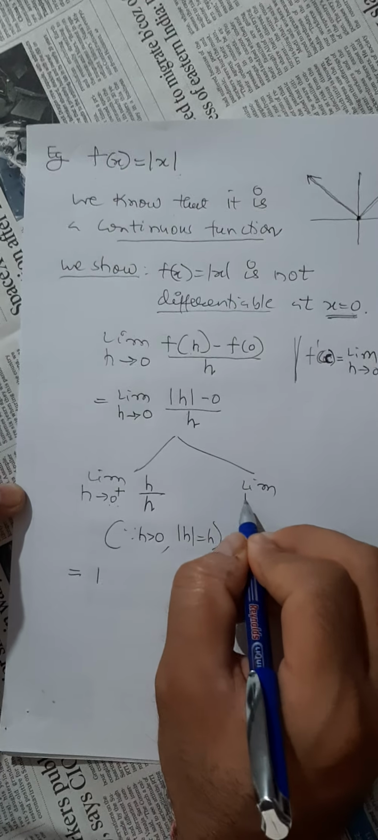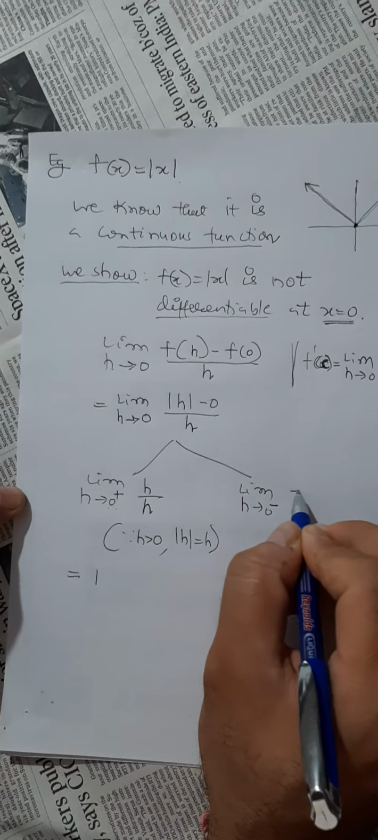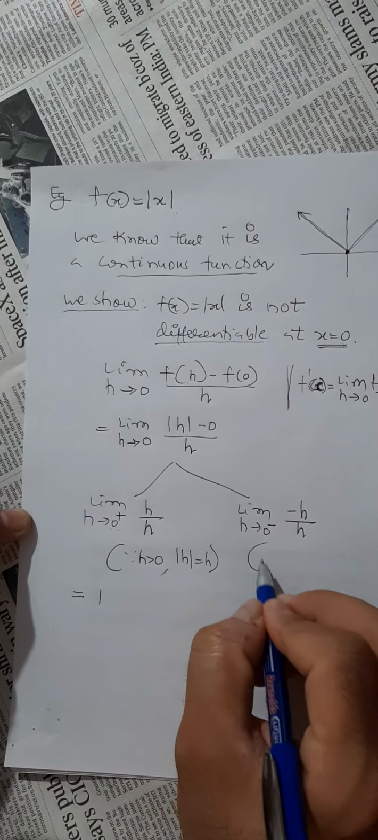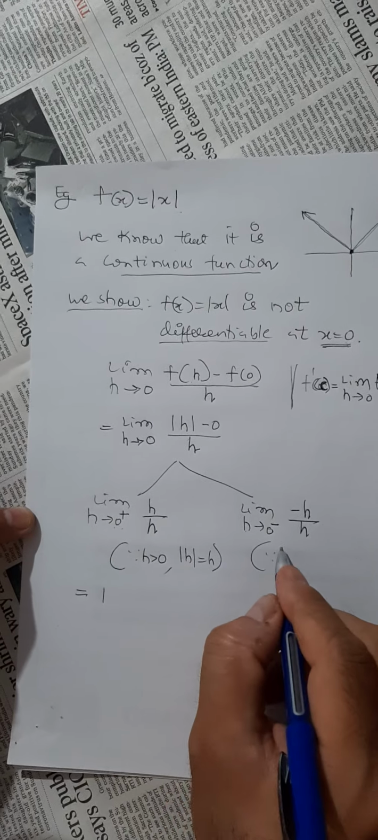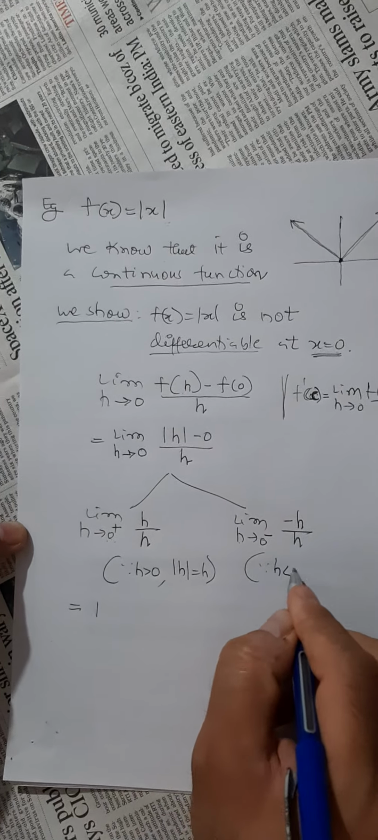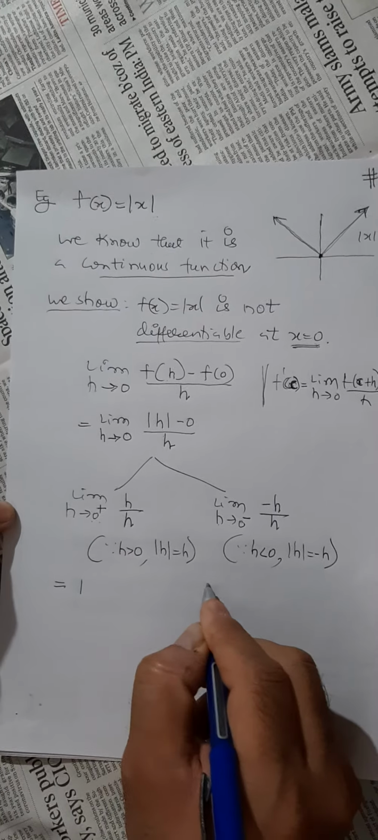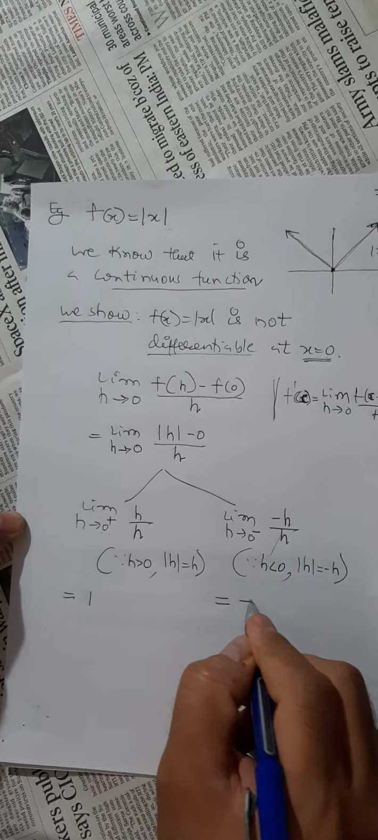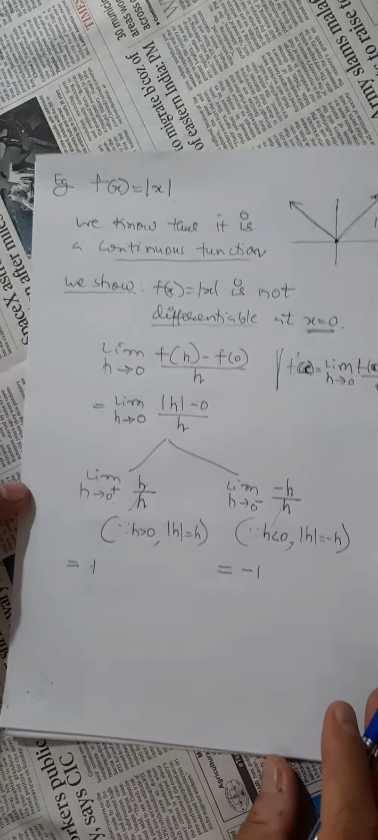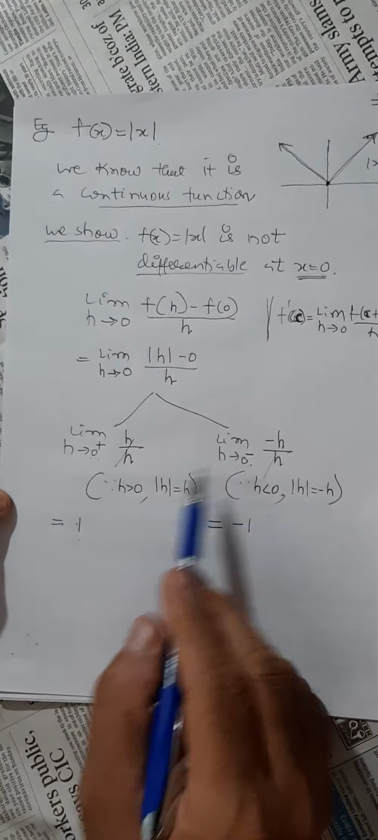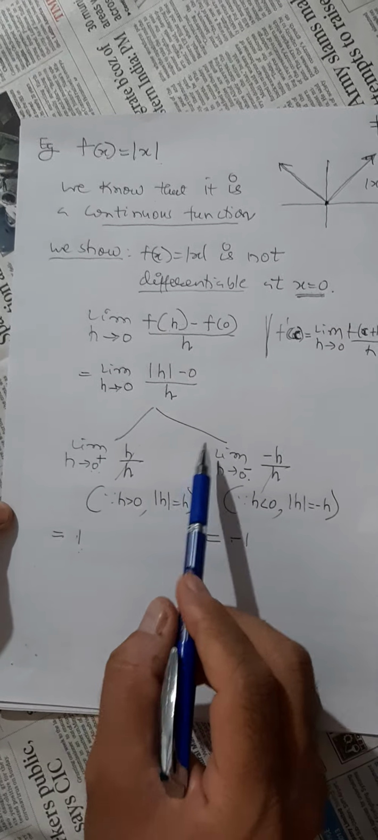What about this limit, h tends to 0 from left? So this is minus h upon h. Why this? Here h tends to 0 from left, so h is less than 0. So what's the modulus h? It is minus h. So this will get cancelled again. This is minus 1. This is 1. So what you have shown is that the limit from right and the limit from left are different, and therefore